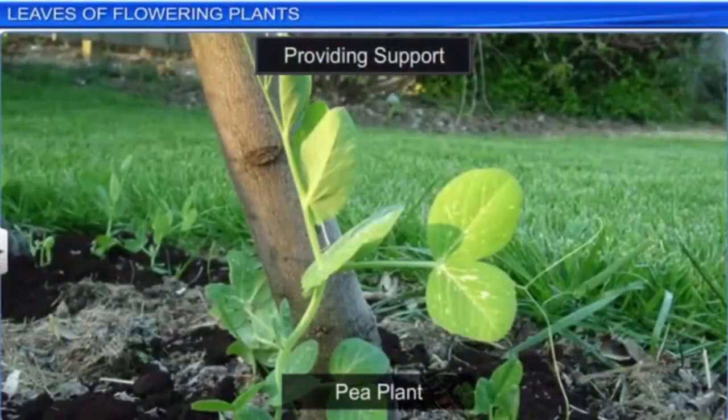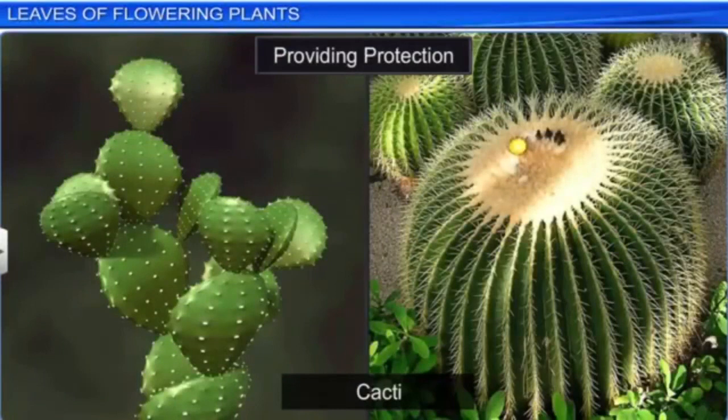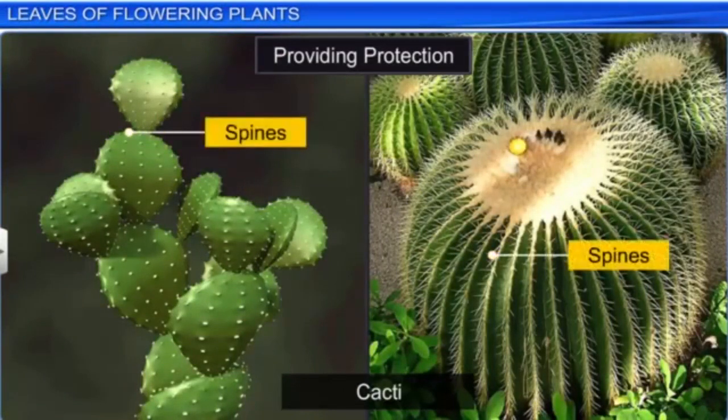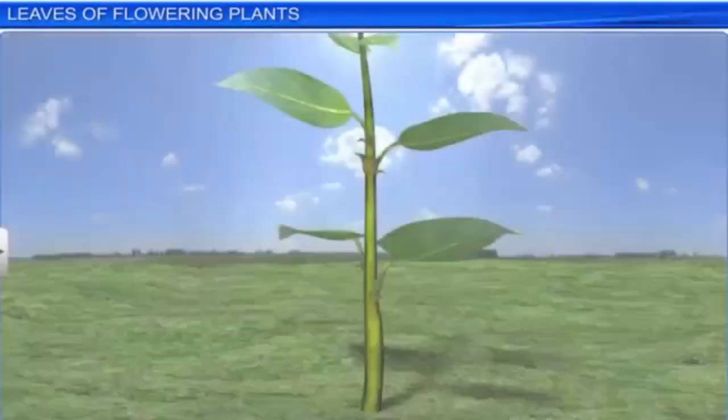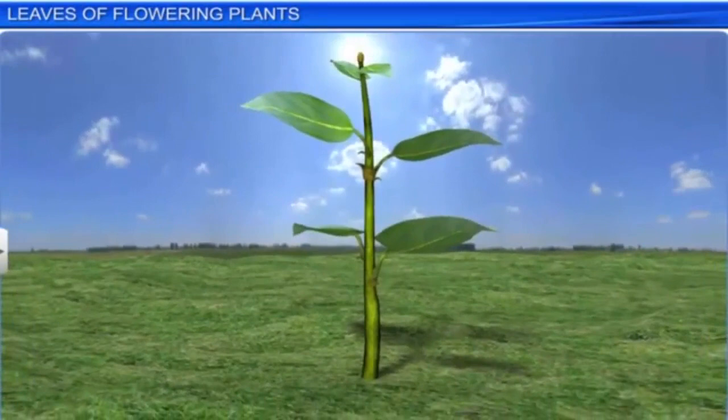In the pea plant, some leaves get modified into tendrils, which help the plant to climb, whereas in many cacti, the leaves are modified into spines for protection. Leaves, therefore, are an important part of a plant. Apart from